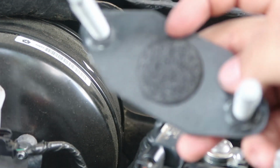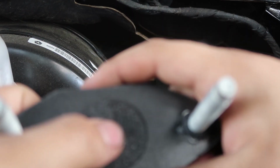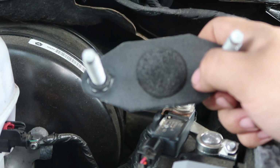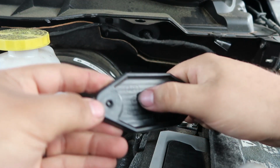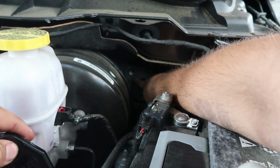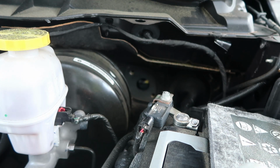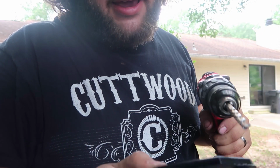Alright guys, so I went inside the car and I just undid the bolts because I would have to guesstimate where I could drill the hole. So I just wanted to take the guesswork out of it. I like making things easier for myself, and if I had drilled the hole and done it too much, I would have drilled into the actual aluminum. It's not that thick, but I don't want to risk messing things up. So for this hole, I have to make it big enough to fit the positive wire and the